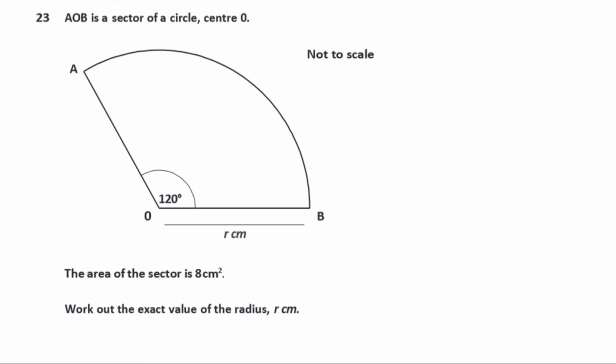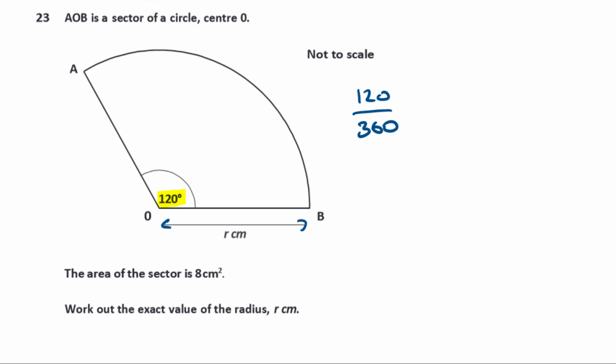Question 23. AOB is a sector of a circle centre O. The area of the sector is 8 centimeters squared. Work out the exact value of the radius, which is r centimeters. Okay, so we want to know what the exact value of this radius is. Now, we can see the angle in the centre of this sector, which is 120. That means this sector is 120 360ths of a full circle, isn't it? Because there are 360 degrees in a full turn, 120 degrees at the center of this sector,